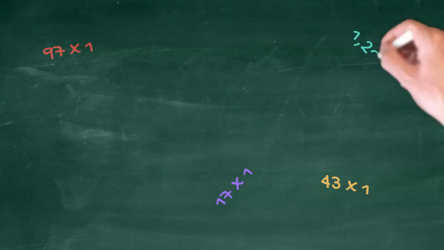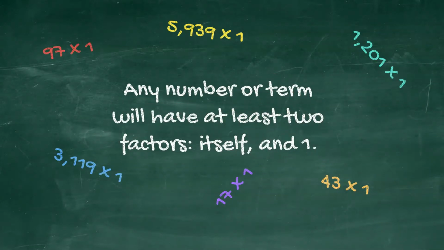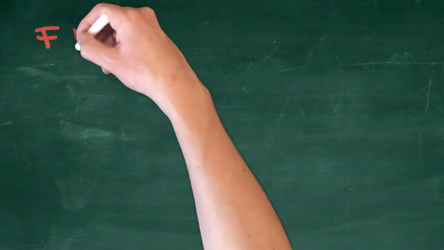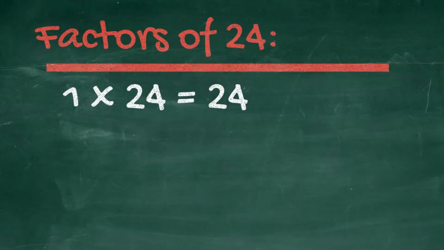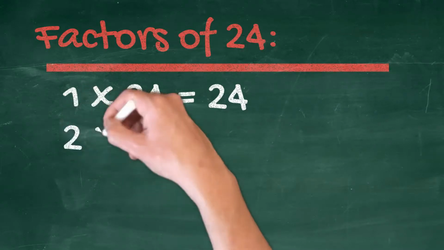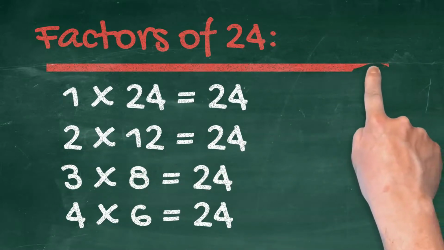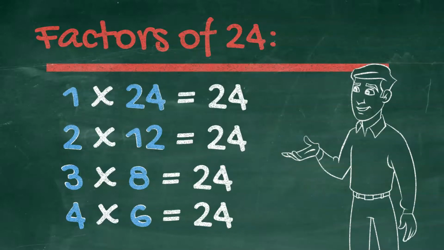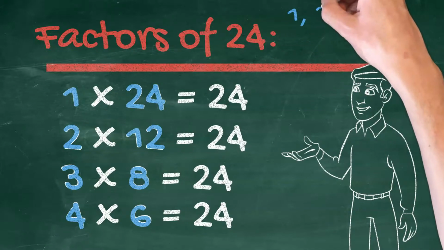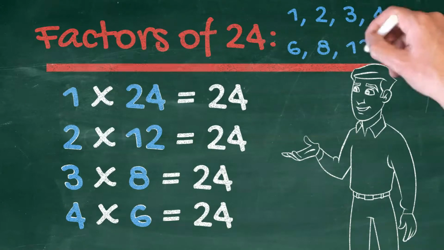A given number or term always has at least 2 factors, itself and 1. For example, to get 24, we could multiply 1 times 24, so itself and 1, or we could also multiply 2 times 12, 3 times 8, and 4 times 6. So we could list these numbers to show that the factors of 24 are 1, 2, 3, 4, 6, 8,